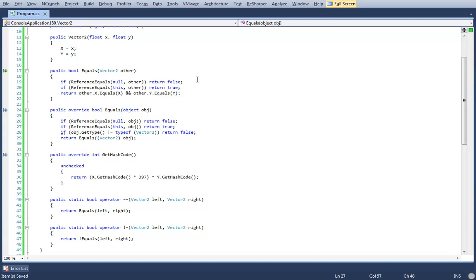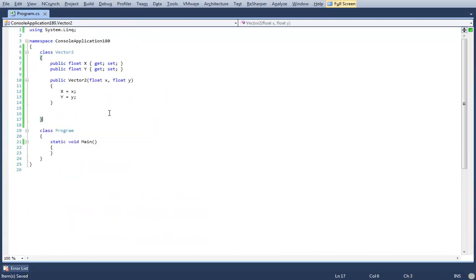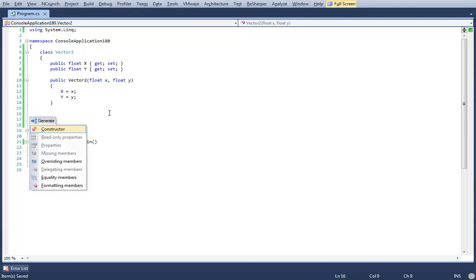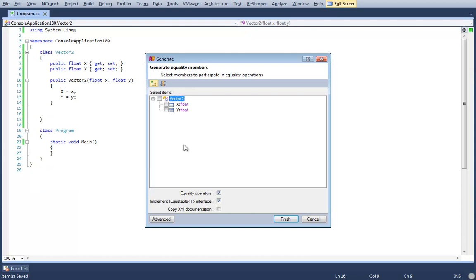Actually, can you go back a bit, Nelson, until all your equalities have gone away and show the actual dialogue in detail and walk people through it? It's going to be Alt Insert, and then I hit E to jump down to equality members. And then you can choose which things constitute equality, which will typically be all of your public properties, which is why it's nice to have focus on this at first, because you can just hit space to check all of them.